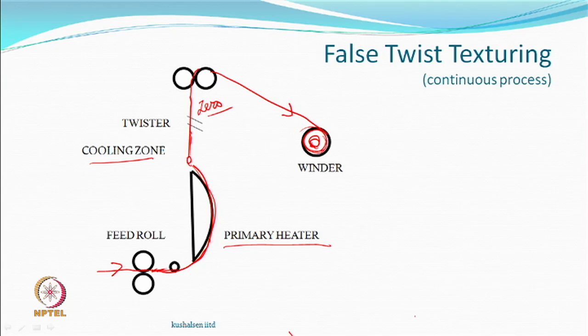You can appreciate, we can talk about later, that the level of twist in the yarn starting from the twister, which is this point, and going up to this, may not be exactly the same. Will it be more here or more here? Will it be more at this twister point or at the feed point? Twister. So, no confusion about it.